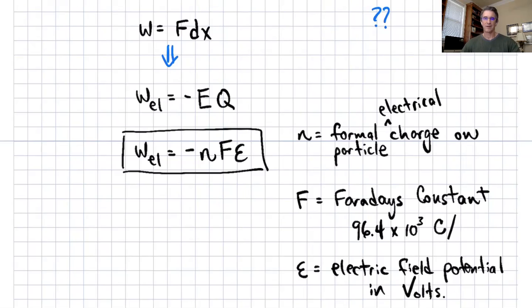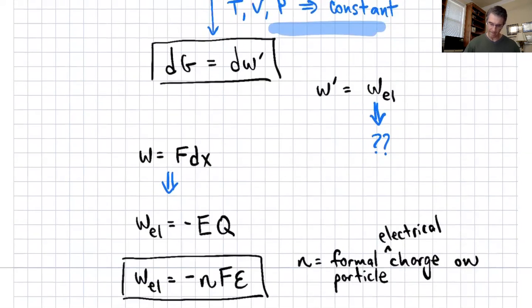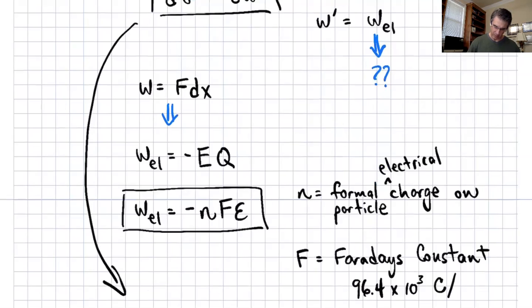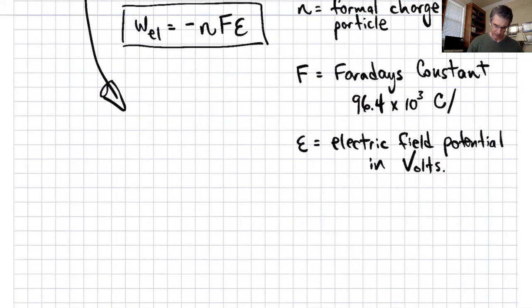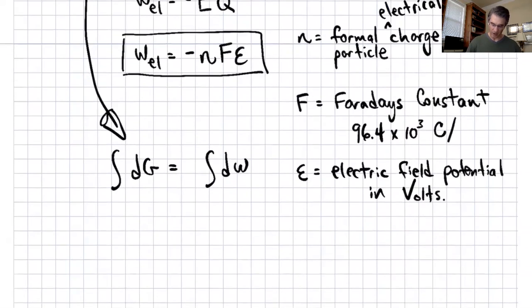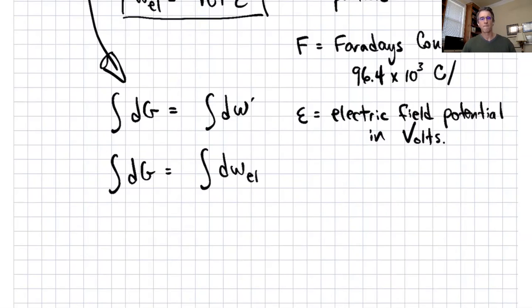Okay, now technically, what that lets us say is, if that's true, and we had this expression here, well, that's kind of cool, because I don't just want to worry about this differential. If I integrated that, so the integral of dG is equal to the integral of dW prime, the integral of the electrical work,